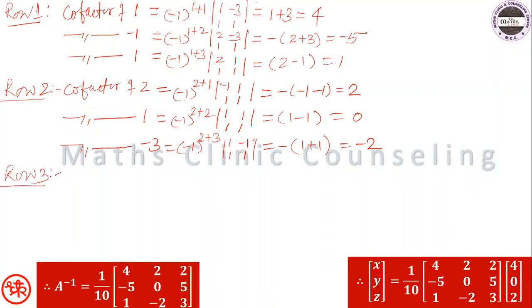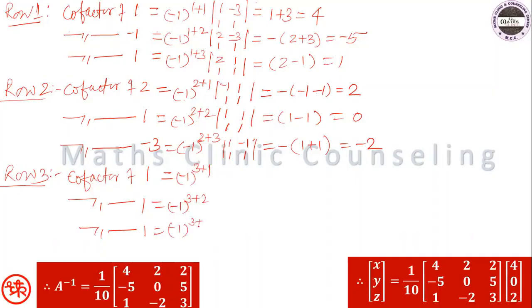अब हम निकालेंगे रो 3। तो कोफैक्टर थर्ड रो का पहला एलिमेंट कौन सा है, 1। थर्ड रो में ऑल एलिमेंट्स आर 1, कोफैक्टर ऑफ 1 एंड कोफैक्टर ऑफ 1। तो ये आएगा -1 टू द पावर 3 + 1, -1 टू द पावर 3 + 2, -1 टू द पावर 3 + 3। यहाँ पे आएगा एक डिटर्मिनेंट, यहाँ पे आएगा एक डिटर्मिनेंट, यहाँ पे आएगा एक डिटर्मिनेंट। सो -1 टू द पावर 3 + 1, तो इट इज -1 1 1 -3।